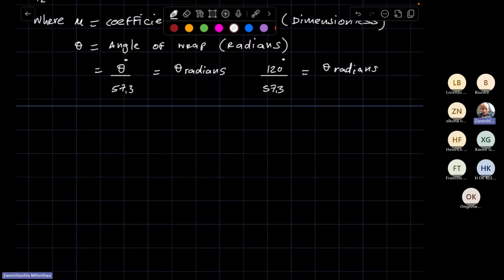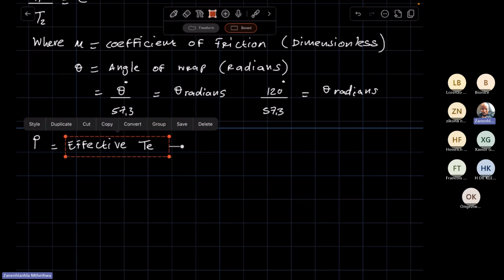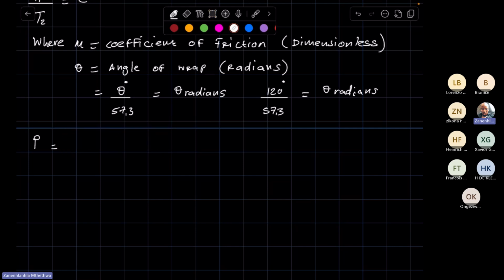Now, the power transmitted is equal to the effective tension times the circumferential velocity,